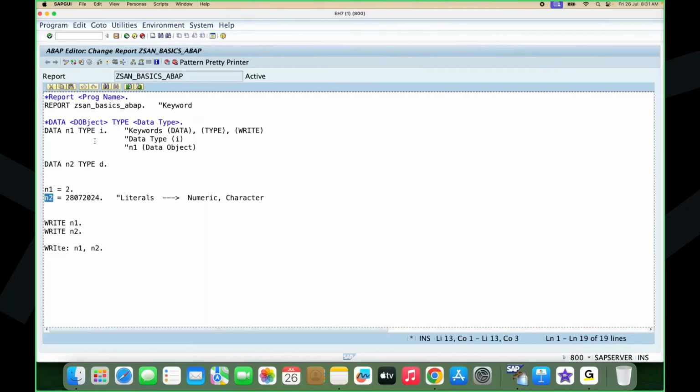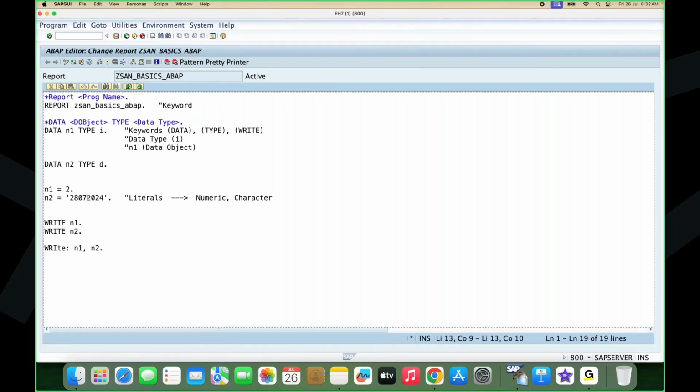And N2 is a date related data type and you are passing a number, so obviously it won't display. So to make the system understand it is a date you are passing, you have to use quotes. Then only the system will understand, okay, this is a date the user is passing, and the date also in the format of